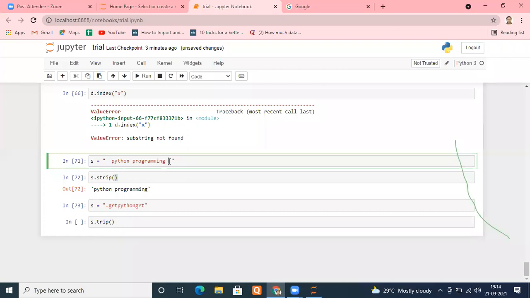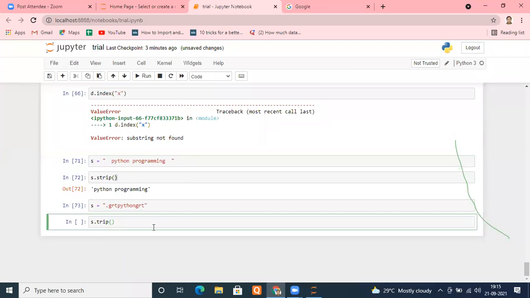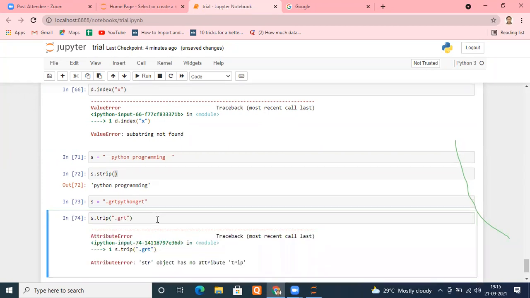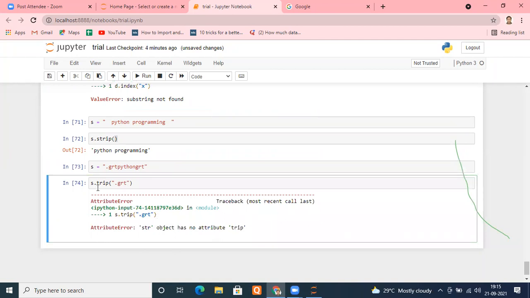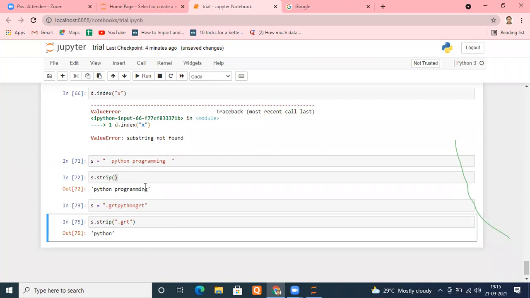Now, whatever character you specify inside this, suppose I specify dot, if dot comes at the left-hand side or the right-hand side, remove it. Leading or lagging, if G comes, remove it. If R comes, remove it. If T comes, remove it. Let's check what output I am getting. There is some problem. It should be strip, sorry. Let me run it. Can you check, please?